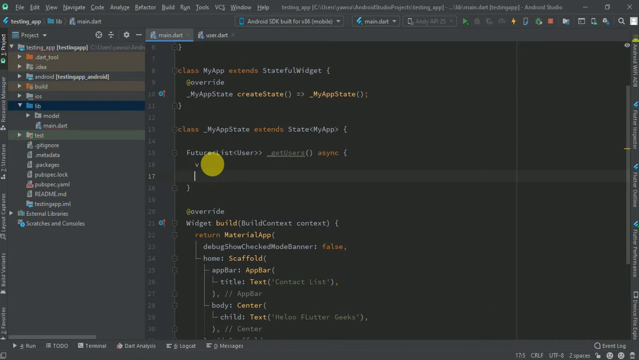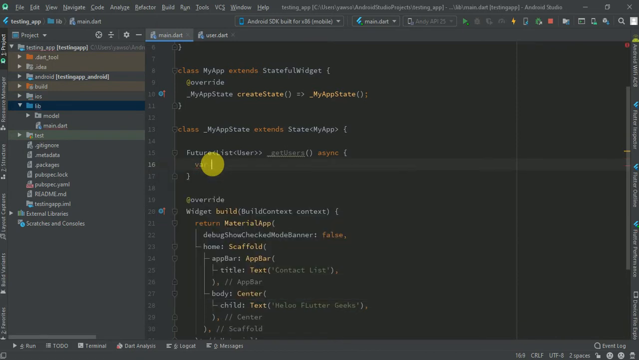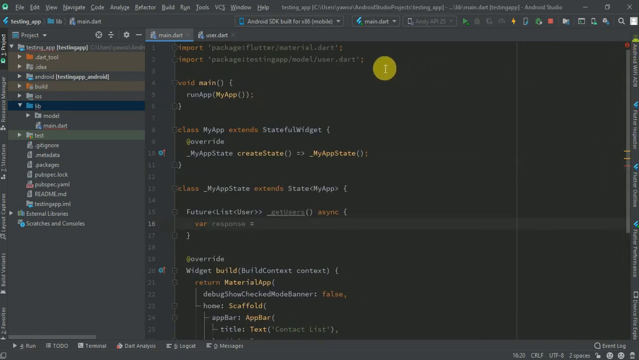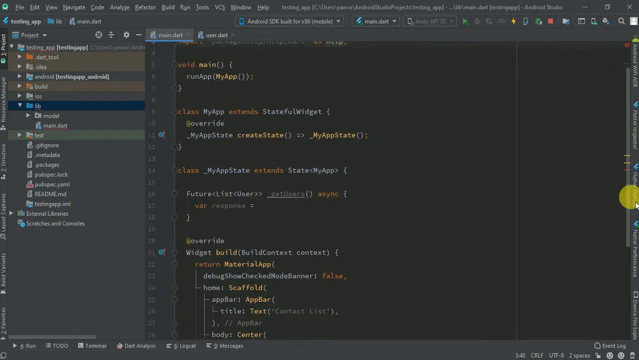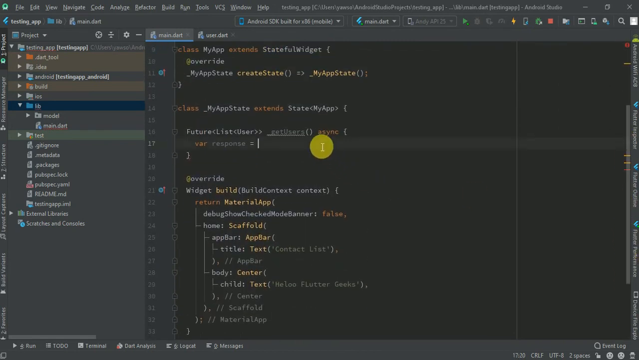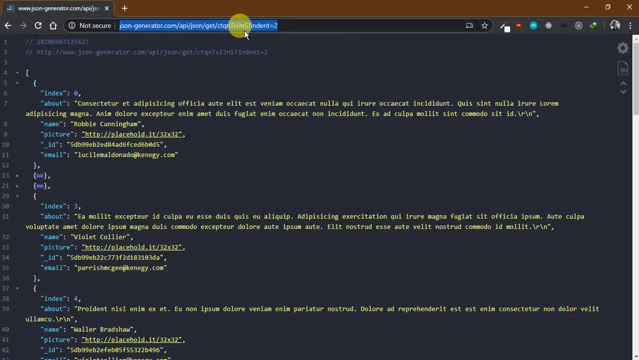So now what do we do? We are going to store the data that we are going to be getting from the link or the endpoint I showed you as the response. So like this, and we are going to import our HTTP package, the one that we just installed, and use it as http. Alright, perfect. Now we can simply call the http.get method, and here we are going to be passing our URL